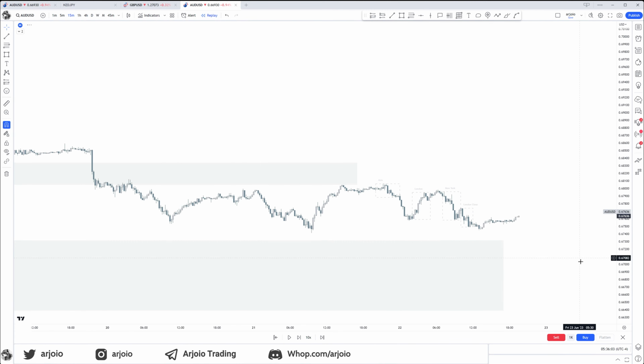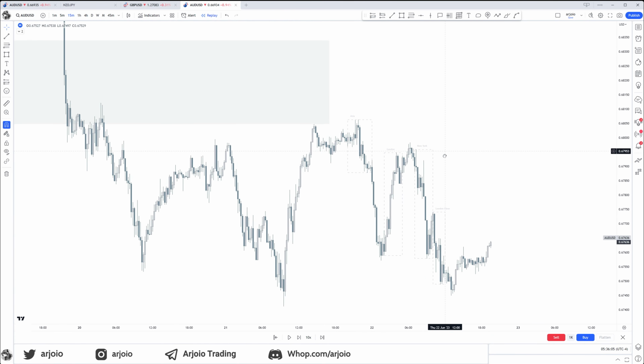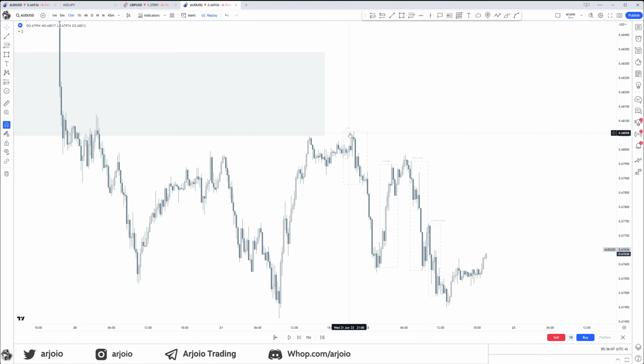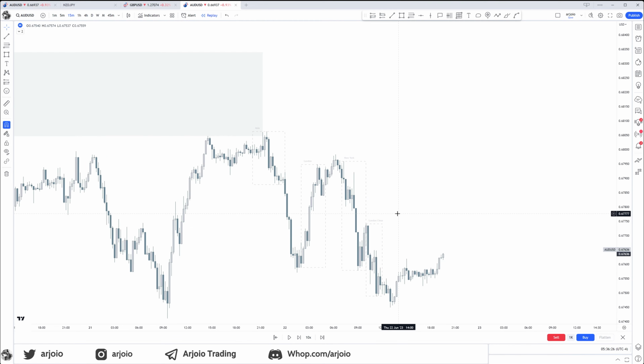On the 15-minute, what does that look like? We have Asia session coming into that daily fair value gap already. And Asia session already displaces lower. What is a displacement? A displacement is a fair value gap. We already have fair value gaps lower. Can we now logically expect London to take out Asia and then continue lower?